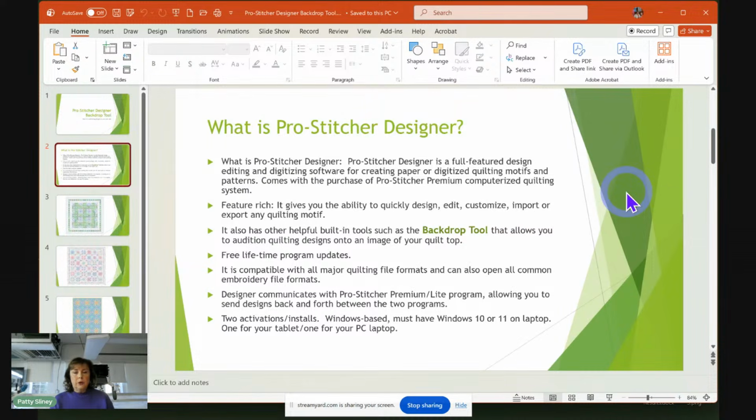You can also use some of the really helpful built-in tools, such as the backdrop tool, which is what we're talking about today. And I love this for auditioning quilt designs on top of an image of the quilt top. You do get free lifetime program updates with Designer. It's compatible with all major quilting file formats, including the ones that we use, which would be HQF, HQV, and